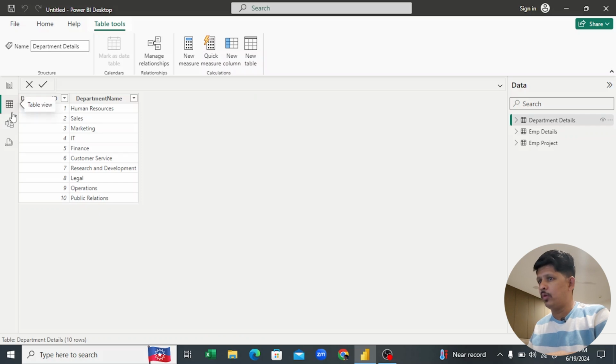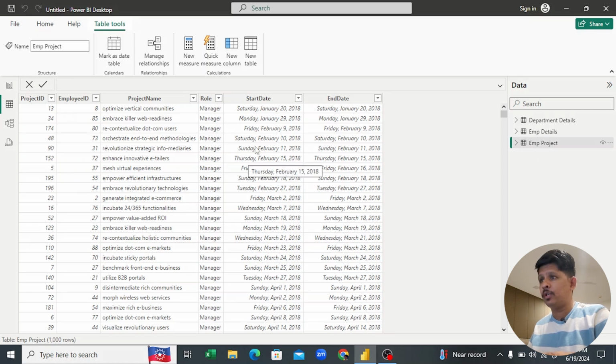What I want to do is create a new table having a few pieces of information. That means I want all this project information, plus I want more columns, like who this person is, his name, and which department this person is working in. I want that information from you. So I'm going to take a few pieces of information from here. Usually, if we do this in Microsoft Excel, the first thing we need is to create a VLOOKUP function for that.